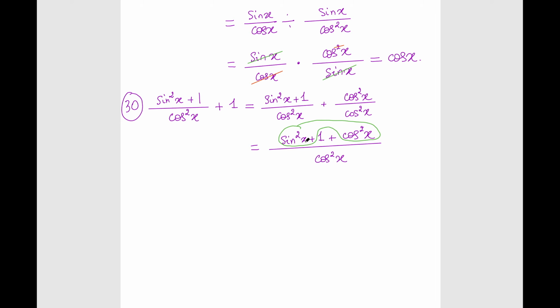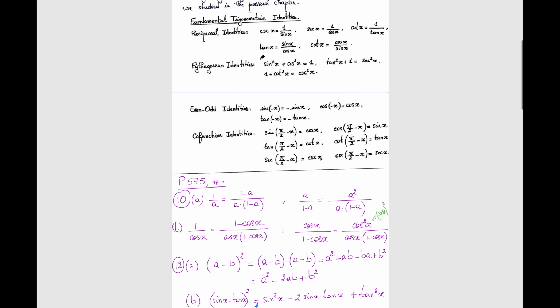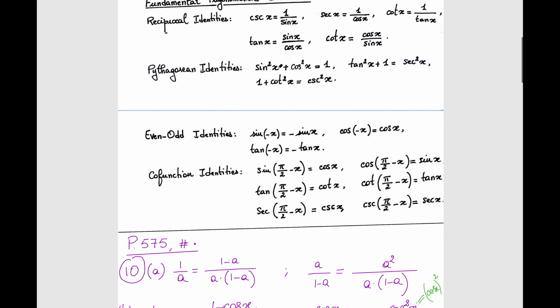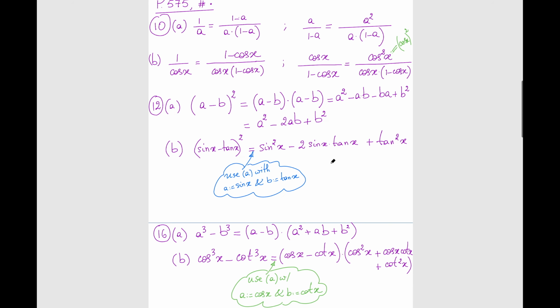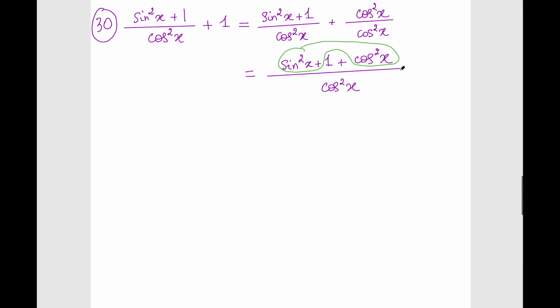What is this? Sine squared of x plus cosine squared of x. Sine squared of x plus cosine squared of x. You see it? It's right there. Sine squared of x plus cosine squared of the same thing, x, is 1. So this green thing is 1, right? So upstairs becomes 1 plus 1, because I already had an existing 1. So it's the green 1 plus the purple 1 divided by cosine squared of x, which is 2 divided by